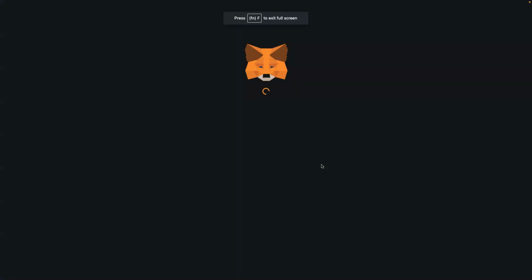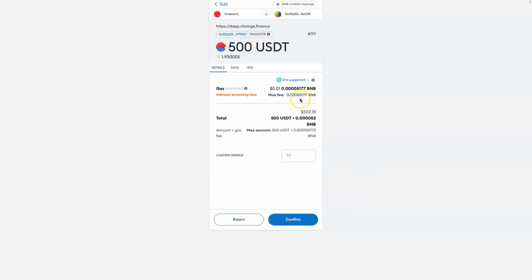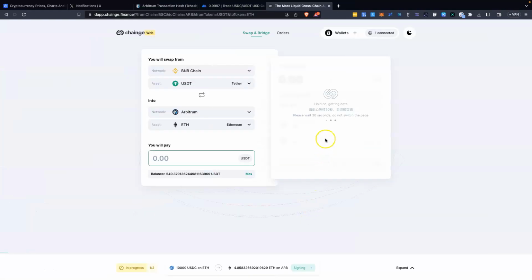It's going to ask us to confirm that in our MetaMask wallet once again. So we just wait for that transaction to come through. It's going to tell us what the gas is. Remember, because we're transferring from the BNB Smart Chain, it's going to be in BNB, so it's very, very low. And then it's going to tell us we have to pay this fee plus what we're transferring. We're going to confirm. And then what it will do when we get to this stage